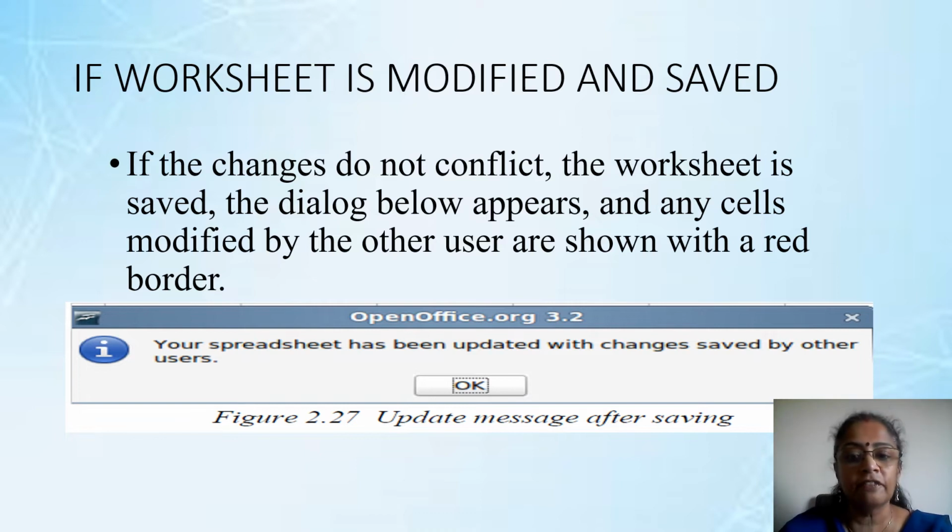So that is why it will just tell you that this particular spreadsheet has been updated by another user. Do you want to save it? Yes or no? So you click on yes, and automatically his change is saved and my change is also saved. So this is the second scenario. The first scenario was that only I have made the change, the others have only simply opened it to see it, and there is no change, so there is no problem at all.